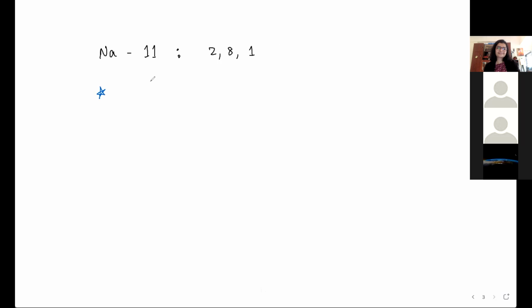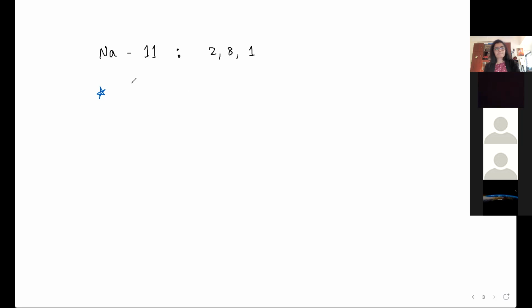Why? You know that it has to lose 1 electron, and you know that by doing that, it is being stable. Like all of that is correct. But why lose 1 electron? Why not gain 1 electron or 5 electrons? Ma'am, to become stable, it will have to gain 7 more electrons. And I guess the nucleus doesn't have that many protons. So the atom will not be able to handle that much negative charge.